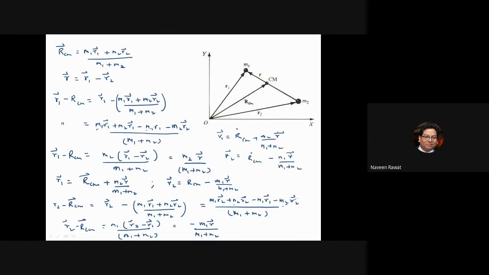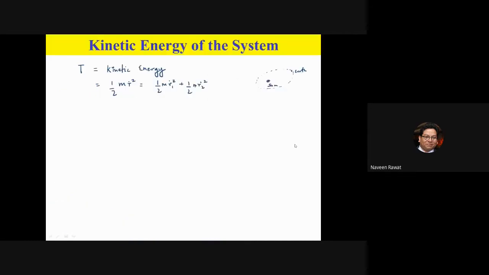Now I have these terms, and remember what this is: V1 is just R1 dot and V2 is just R2 dot. So from here I can plug this value into my equation here, for R1 dot and R2 dot. All right, so let's try to do that. I have T. For the first expression I have m1 because I'm taking the kinetic energy of the first mass. Let's call this mass m1 and this mass m2. So I will have 1 half m1 r1 dot square, and this should be 1 half m2 r2 dot square.